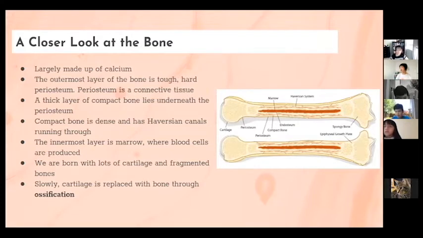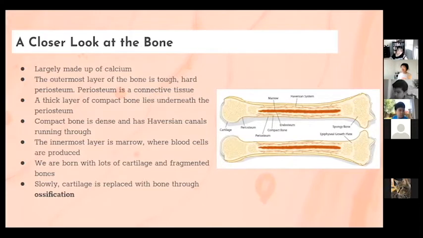Yes. Everyone, let's dive into the bone now. Just one single bone. I think this is the femur, which is the largest bone in the body. It's not your spinal cord. Let me show you guys where the femur bone is. When I stand up, it's the bone right here that connects my hip bone, also called the pelvis, to your tibia and fibula, which are the lower leg bones. Bones are largely made up of calcium, which was why, now I understand, why my parents cared so much about if I had enough calcium or not.